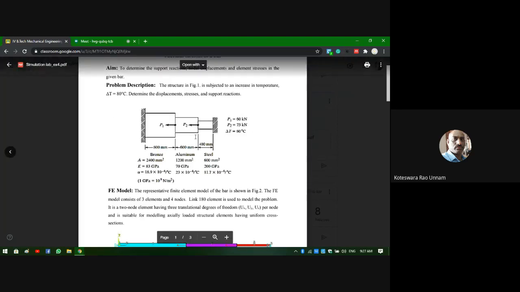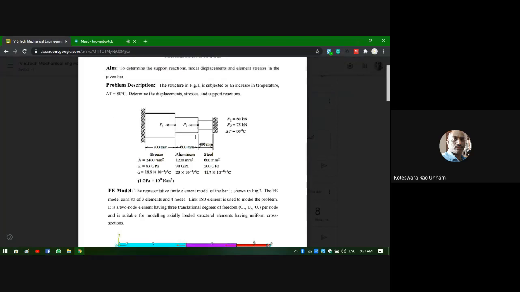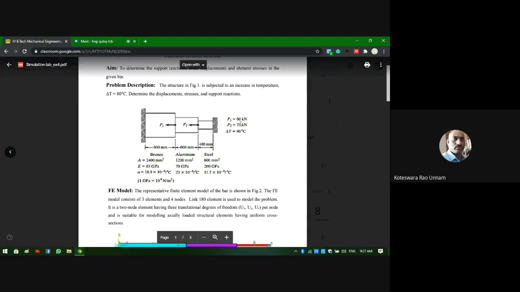It comes under the statically indeterminate bar problem. Whenever there is a statically indeterminate bar problem, in addition to the equilibrium equations, you need to use compatibility equations also to solve for the remaining unknowns. So here, to solve the analytical solution, let us take the reaction at this end as R1 and at this end as R2. So, we have 2 unknown reactions.